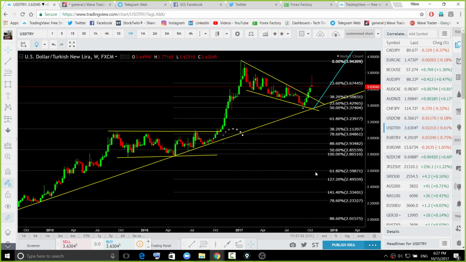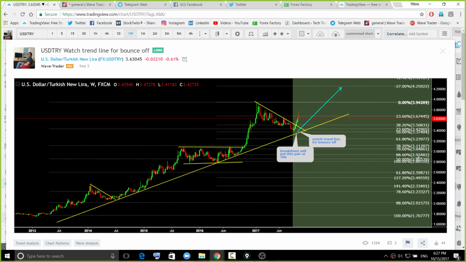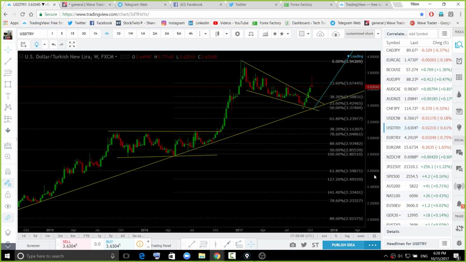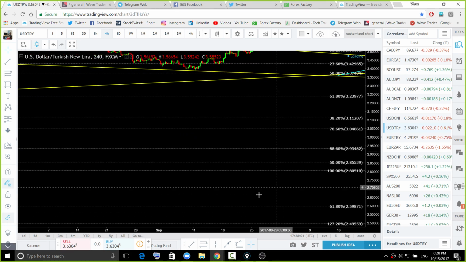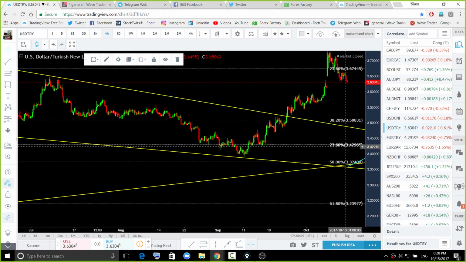Okay, so when a pair is not at a good place or not ready to move on, just simply ignore that. You should not hold your trade over there. Move on to the next pair. Search for trade setups on other pairs rather than just sticking to that pair. Yeah, this is not ready, so don't go for that pair, for buy or sell. So when there was a trade setup, when it was testing the bottom, yeah, these areas, at that time you people were not looking at this pair when it was testing these areas.